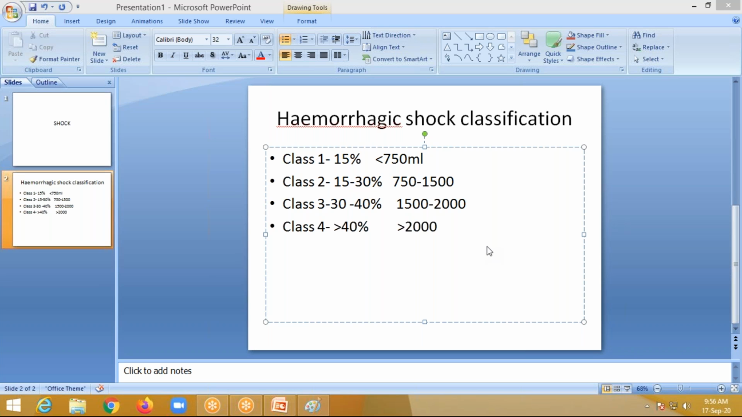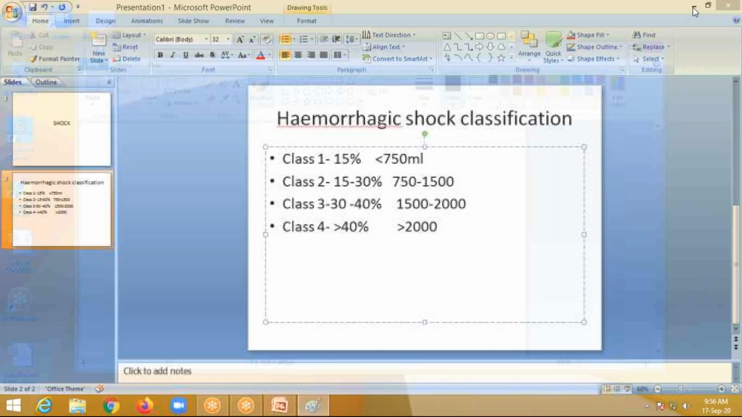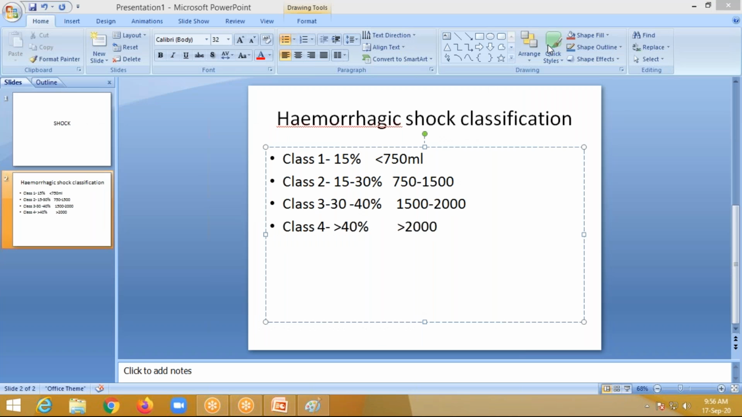As a hemorrhagic shock patient, based on the age, a young, well-built patient can overcome it well if you manage early. But if you are not able to manage it early,